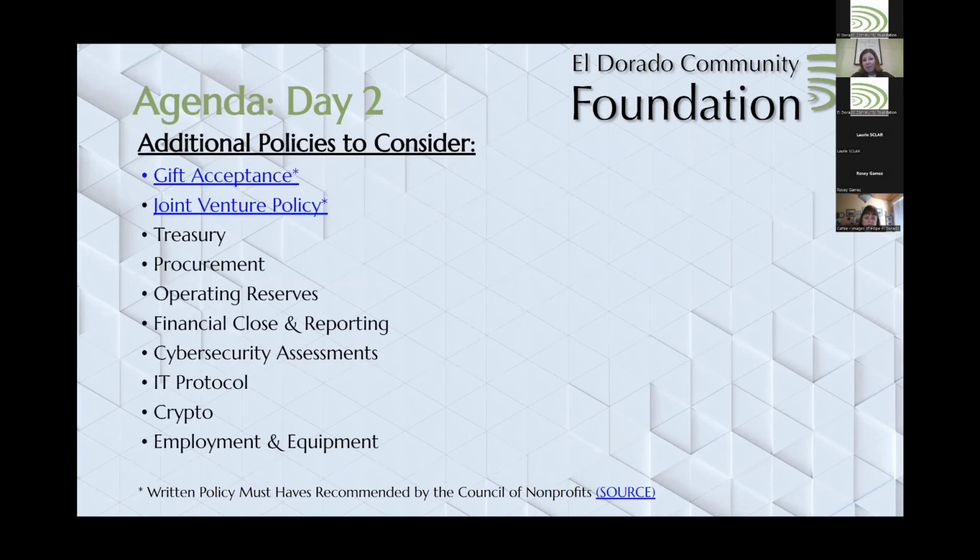So additional policies to consider. The top 2, gift acceptance and joint venture policies. And joint venture may not apply to you, and again, I gave you a link on this to decide if it is. But usually if you're working in partnership with another organization or another entity, then you will want a joint venture policy. Those are the 2 big ones on here that the National Council of Nonprofits think are really must-have for nonprofits. But there is also a list of other ones here that you could consider,